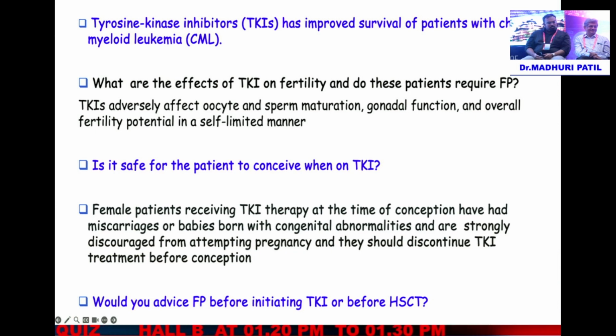So would you advise fertility preservation before you are initiating tyrosine kinase inhibitors, or before you're going for stem cell transplant? So I think in my clinical practice, ideally for young females, I don't advise fertility preservation because, like we know now, TFR is possible. So what we tell them is let us go to second generation or third generation TKIs upfront and get 3 to 4 years of very good control. After that, we can go for a treatment-free remission period, and at that time, you can plan your pregnancy.